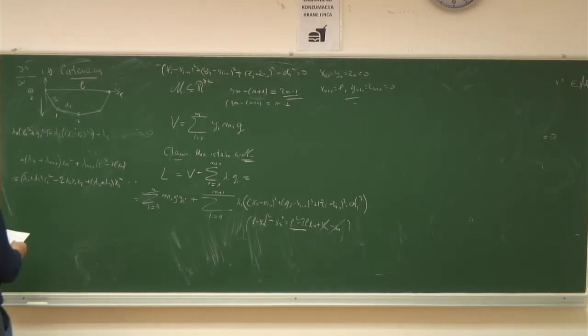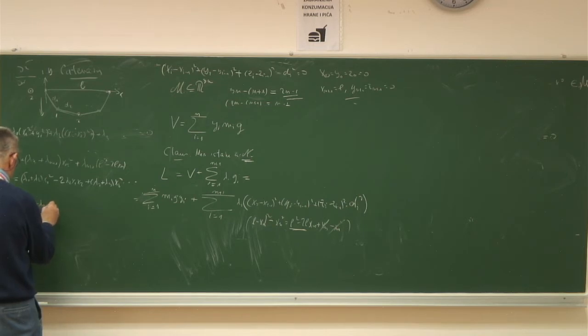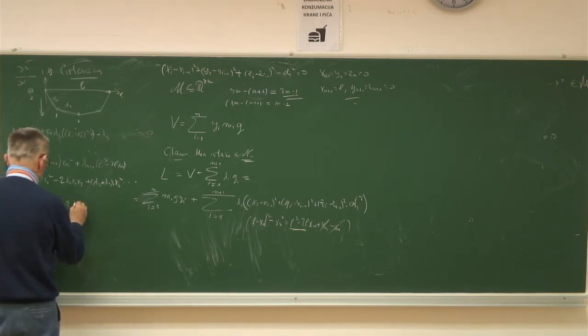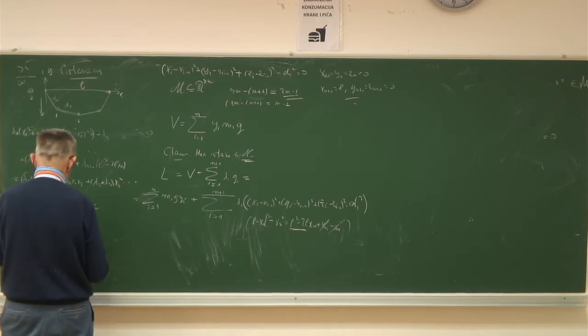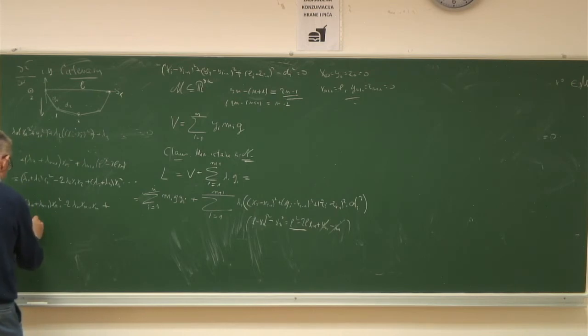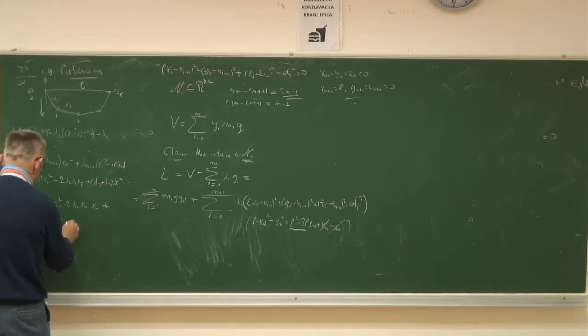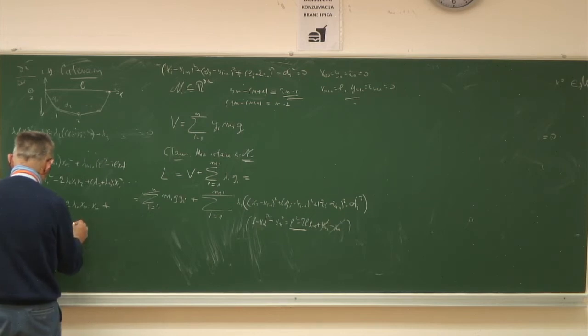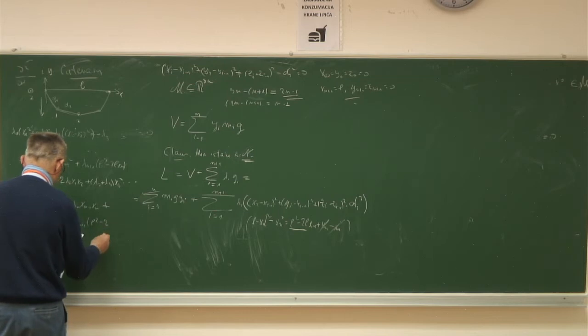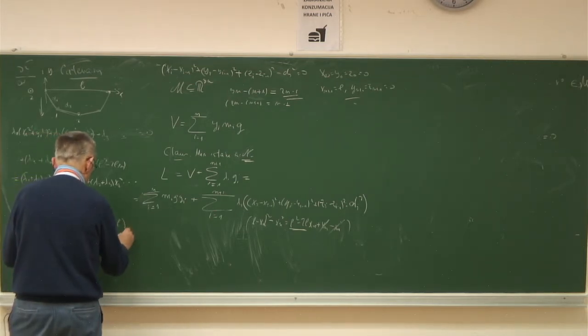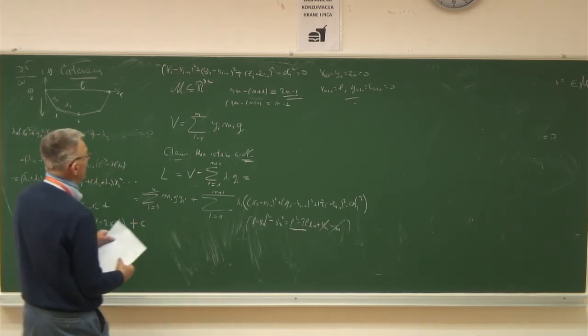And you end up with lambda n minus 1 plus lambda n xn minus 1 squared minus 2 lambda n xn minus 1 xn plus lambda n plus lambda n plus 1 xn squared, plus some rest, and it is lambda n plus 1 L squared minus 2 xn L, plus some constant c, which is the sum of all squares